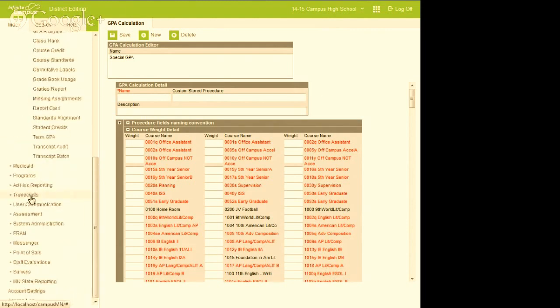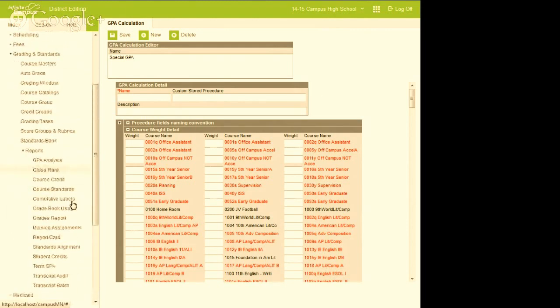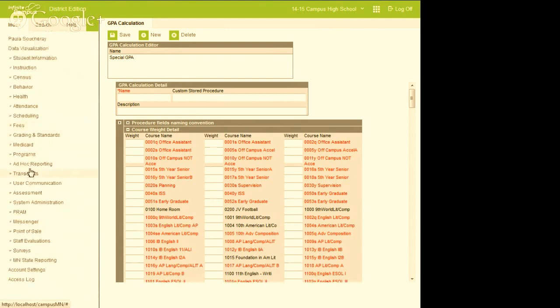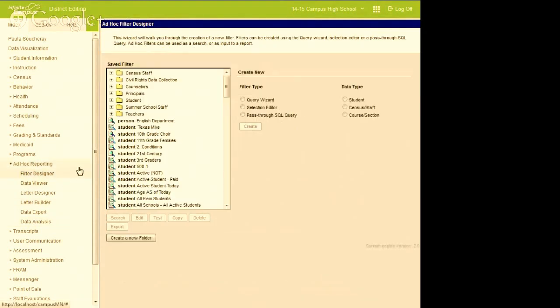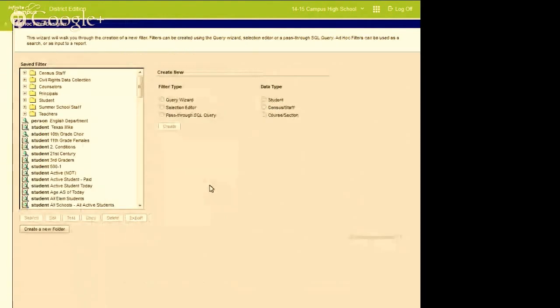All right. So yeah, all of those reports are in grading and standards. What Paula showed, if I wanted to, and I can tie this into our ad hoc reporting, maybe I just want to go into our data analysis tools and visually look at all the grades. You can do things like that. Create queries, maybe share it with all the counselors. I could pull all that information in through these tools that she highlighted a little bit. That concept that we talked about was sharing, whereas if we create one and drop it into the principals folder, all the principals would be able to use it then.